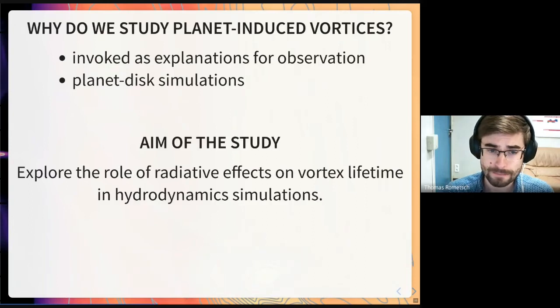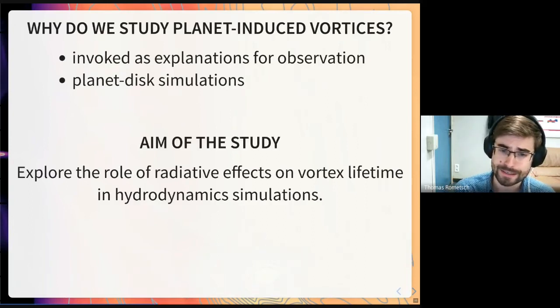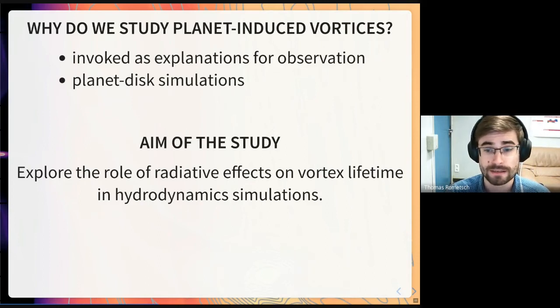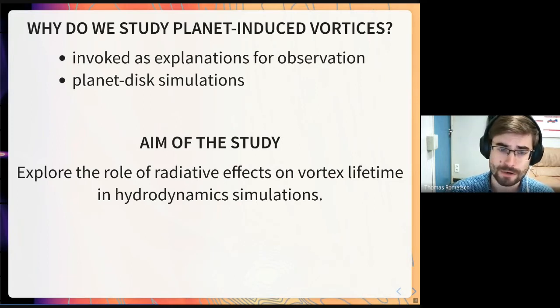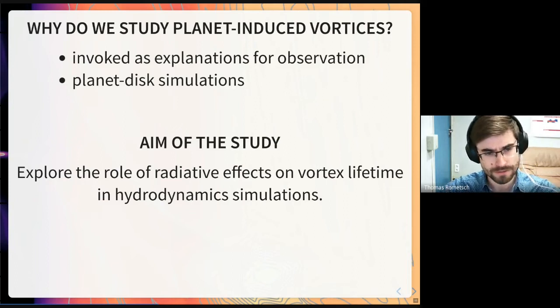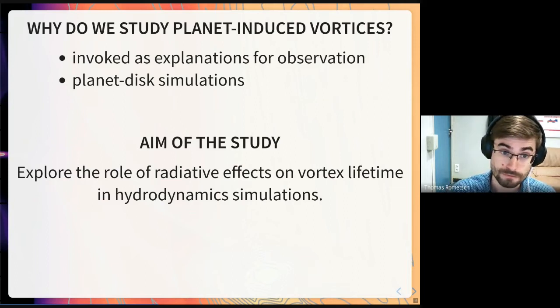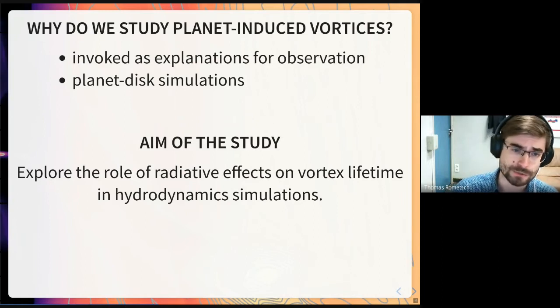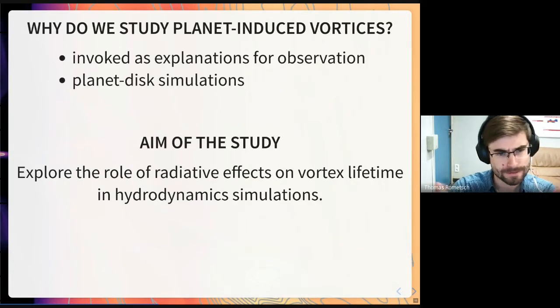Now, in this study I'm presenting here, we explored the role of radiative effects on vortex lifetime and how they appear in hydrodynamic simulations. So we do simulations and we look at how long the vortices live. This was already done for a couple of other parameters before, namely viscosity or self-gravity. If you have high viscosity, you tend to smear out these vortices, so they die faster, or they don't form at all. And self-gravity also seems to inhibit formation of large vortices and kind of stretches them apart, so